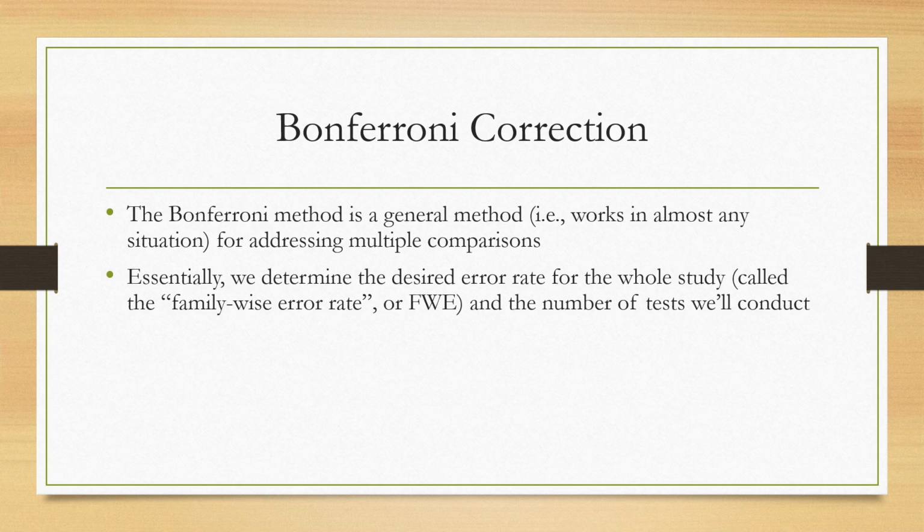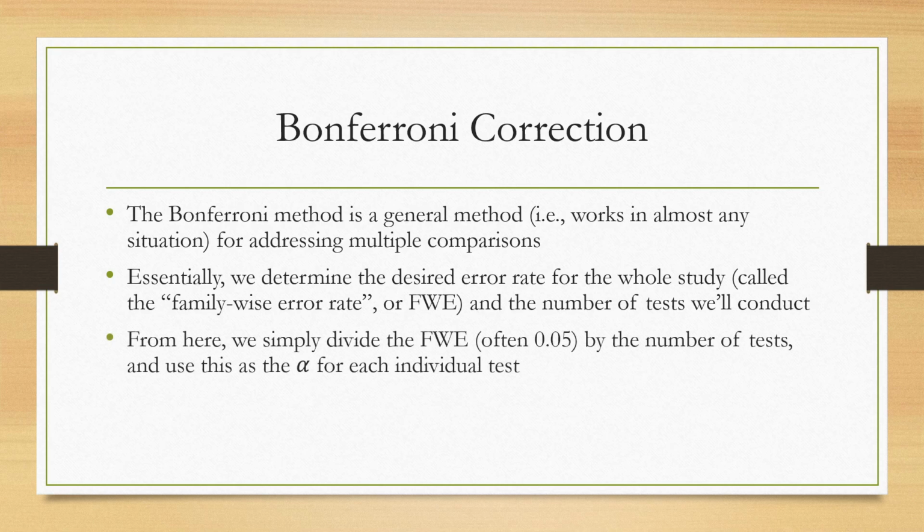That's the total family-wise error rate I want. From here, to implement the Bonferroni correction, I'm going to divide that family-wise error rate that I specified earlier, 0.05, by the total number of tests. So in my case, if I'm running 5 tests, I would take 0.05 and divide that by 5. That gives me a result of 0.01, and that 0.01 is what I'm going to use as the alpha for